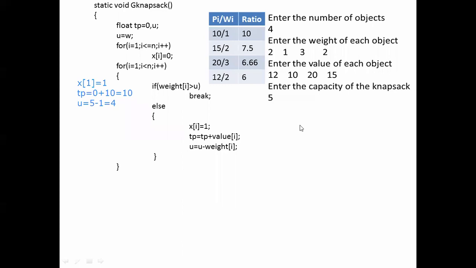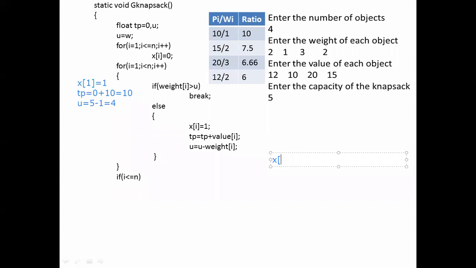I is equal to 2. Okay, I value is equal to 2. So x of 2, now it will check with the weight of that.